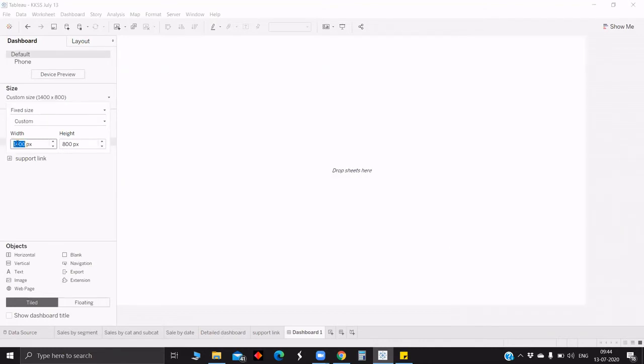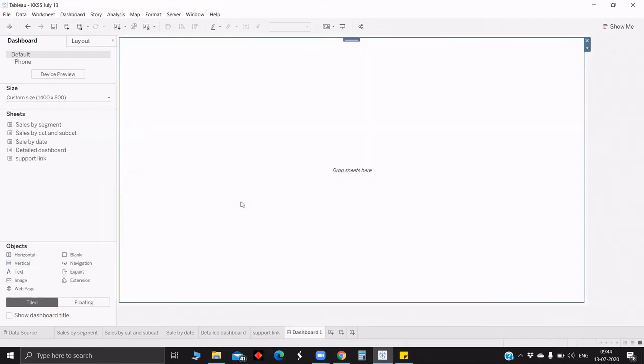Okay. So first we are fixing the size of the dashboard as 1400 by 800. Then we will pull the vertical, because we would like to control the heights of the sheets. So with this we can control the height of the things you are trying to put inside.